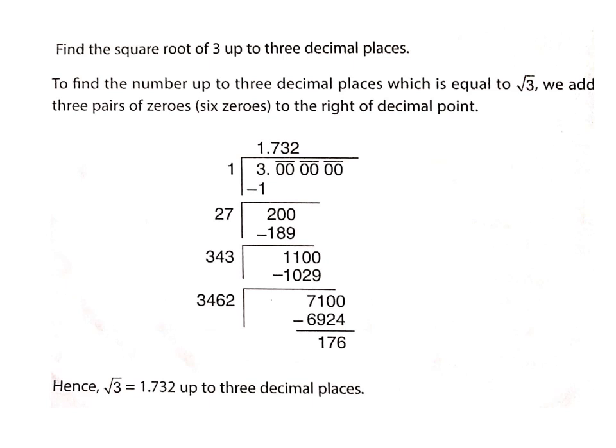My dear students, as 3 is not a perfect square, it is a never ending division, but here we want only up to 3 decimal places, so we will stop the division. So the square root of 3 equals 1.732, that is up to 3 decimal places. This is how you have to solve all the numbers by using the long division method of finding the square roots.